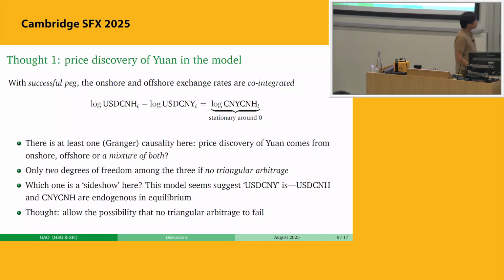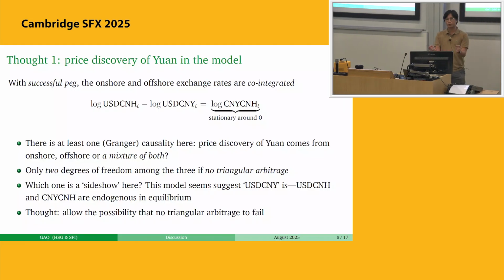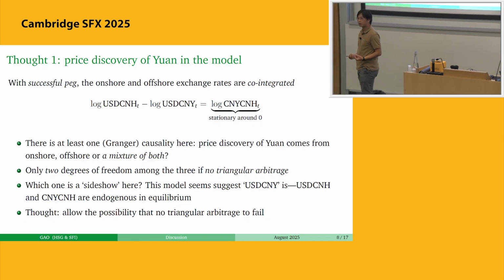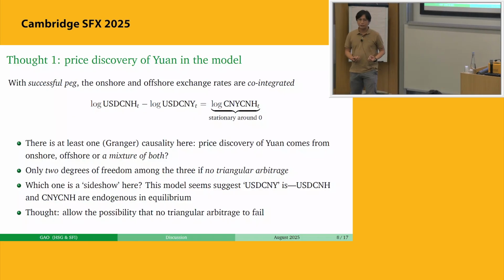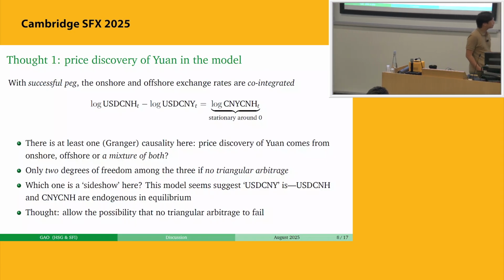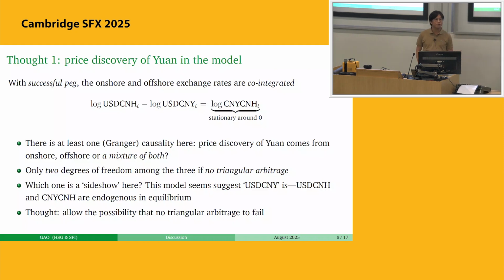Whenever we know the difference between two random variables is stationary, you can say that those two random variables are cointegrated. Right? It means there's at least one Granger causality relationship here, or maybe two. So you could naturally raise the question: what is the price discovery mechanism of the yuan in the onshore and offshore market? And in any model trying to explain those three variables, given you only have two degrees of freedom, if there's no arbitrage in the triangular relationship,